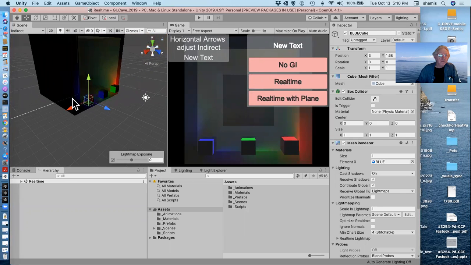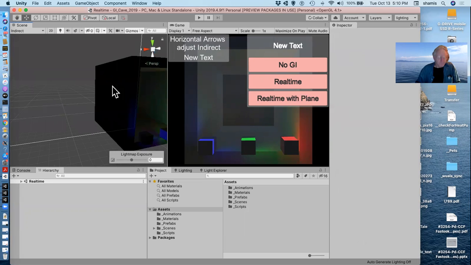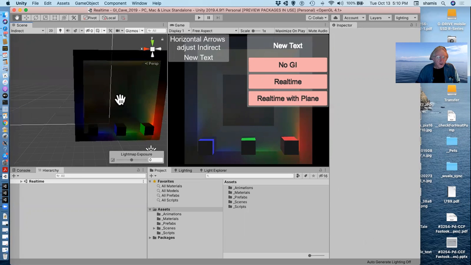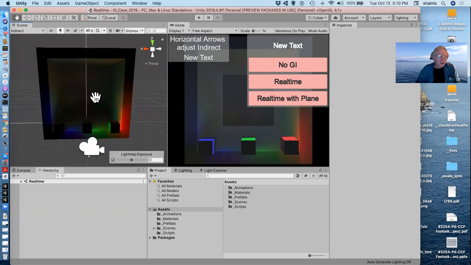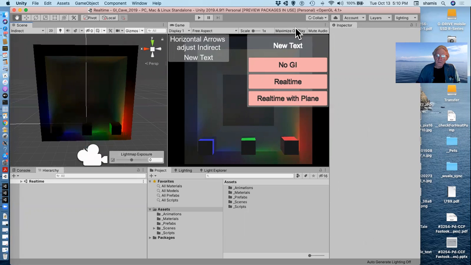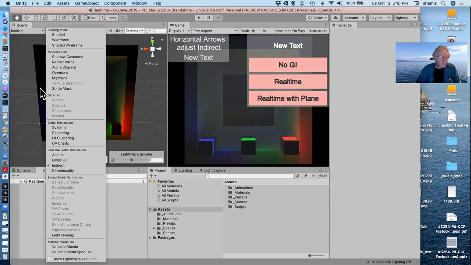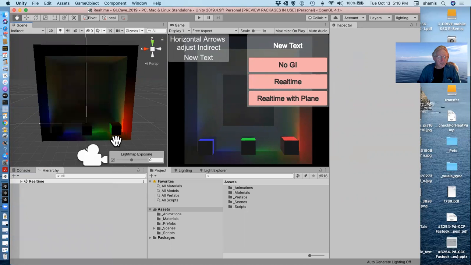So let me kind of position in front here where we can look into our scene, and I won't blow it up here. And I think right now I'm in the real-time cave, the one that comes from this one. And so I can bring down here and look at the indirect light, just the indirect light. So this is all of that, the bounce from these different objects,